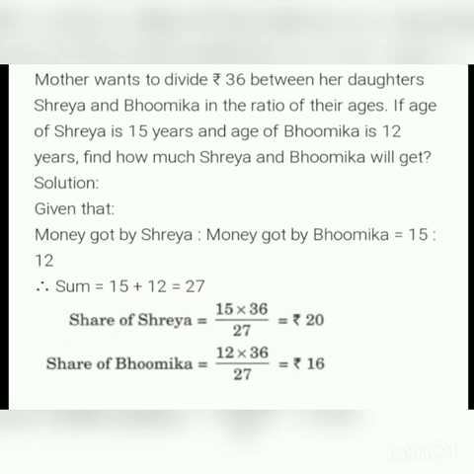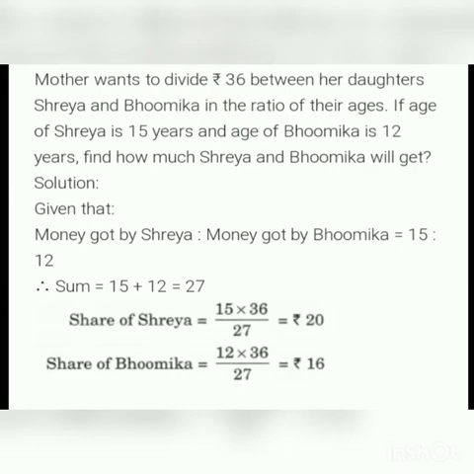Here what did we do? First we found what the ratio is. The ratio is given as their ages. So the age of one is 15 and the other's is 12. So the given ratio will be 15:12. So first adding up the given ratios, 15 plus 12, 27. So that is the total parts. So the first one's share will be 15 by 27 and the second one's share will be 12 by 27. What is the total amount of rupees? Rupees 36. So when you are getting such types of questions, do it in this way.